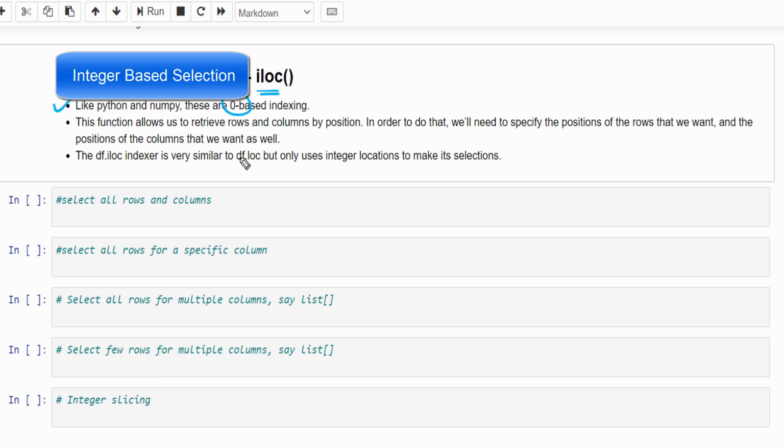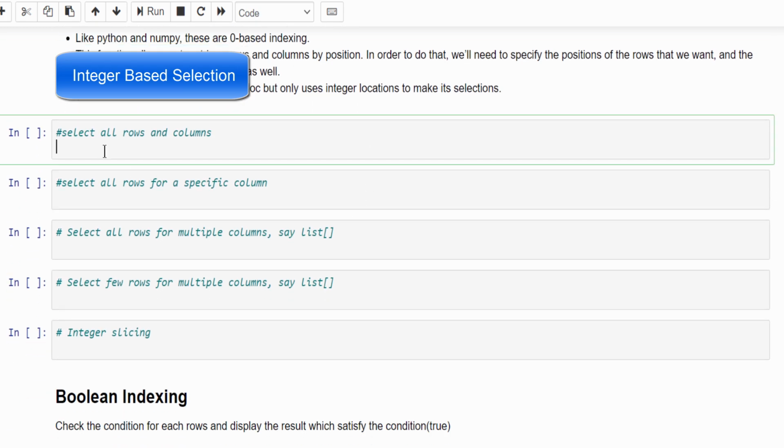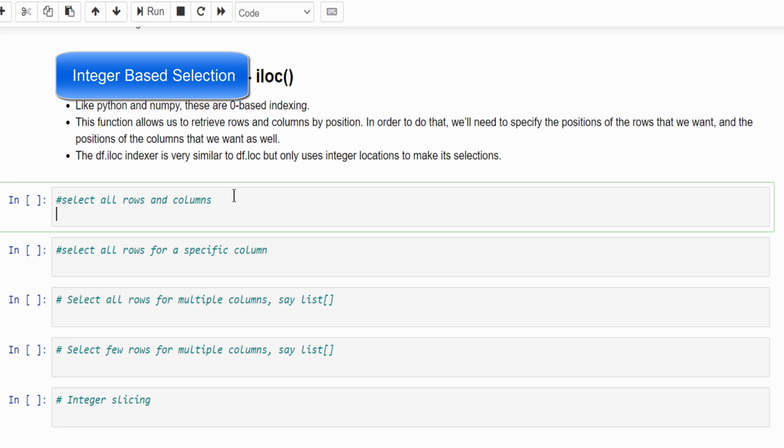And this function also allows us to retrieve the rows and columns by the position, and the syntax is similar to the loc, but with a minute difference: we have to mention every value as an integer. In the previous example we have used the labels, but here it's not possible. We have to provide everything as an integer.